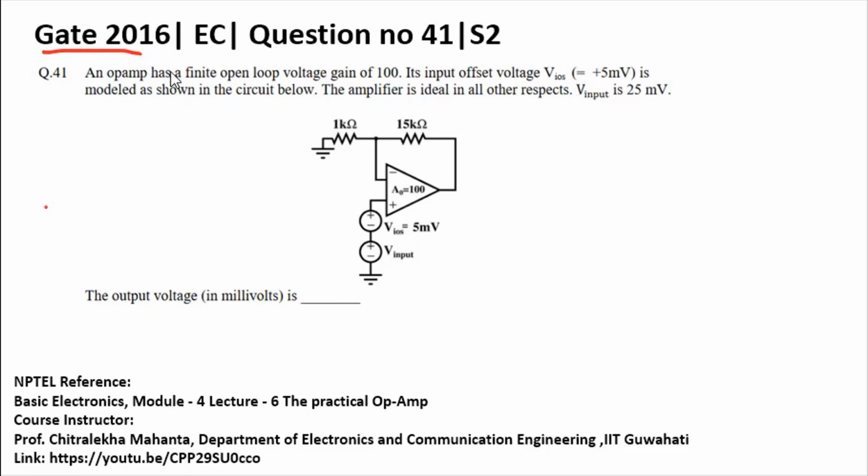So this question was asked in GATE 2016 Electronics and Communication Engineering paper set 2, in which an op-amp has a finite open loop voltage gain of 100 and the input offset voltage as 5 millivolt is modeled by this circuit. Also, you have given the amplifier is ideal in all other respects. So if you have given the input voltage as 25 millivolt, then you need to find out the output voltage